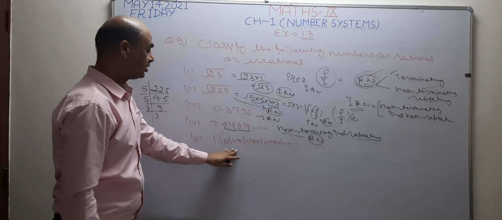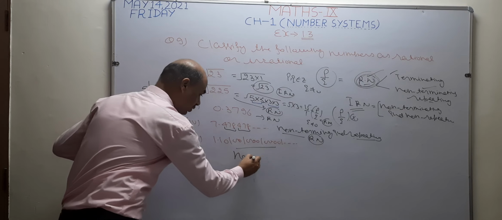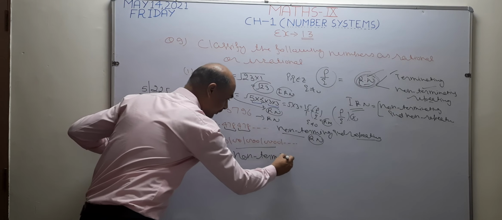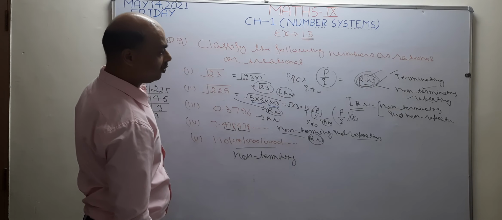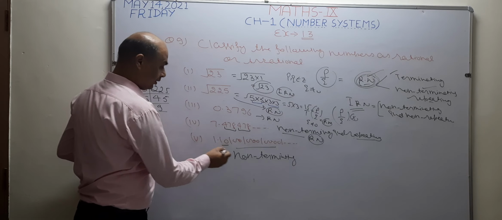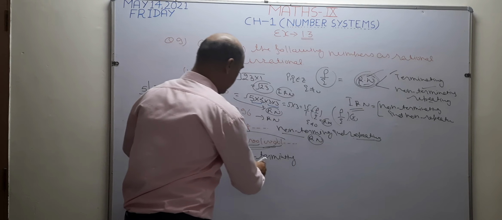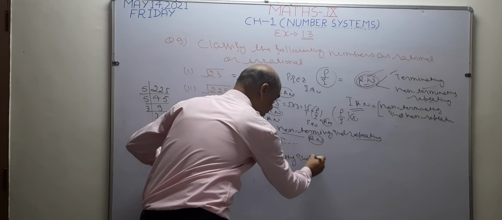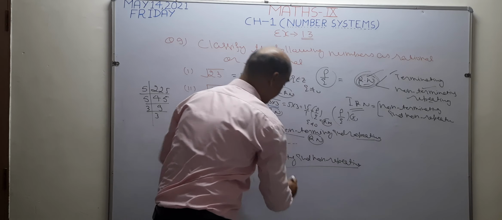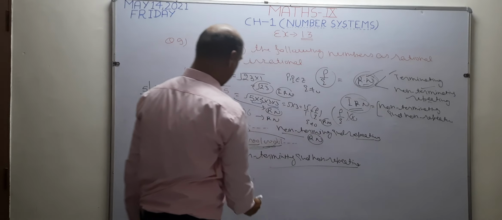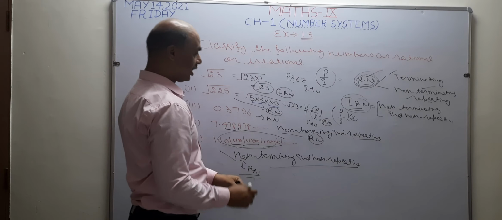Now I want to check the last decimal representation. See, it does not end. So this number is known as non-terminating. Now I want to check whether they are going to repeat or not. See, 10, 100, 1000, 10,000. No number is going to repeat. Therefore this becomes non-terminating and non-repeating. And you know that a non-terminating and non-repeating number is known as an irrational number. So this becomes an irrational number. This is the answer of this question. I hope it is clear to all.